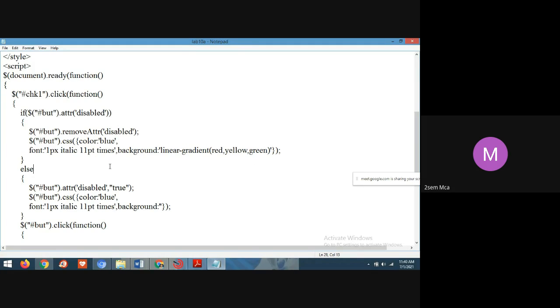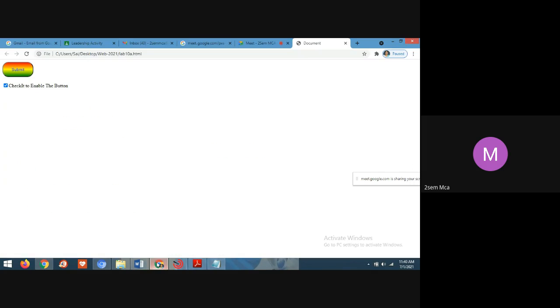See, students, in the question, what they have given is when you click on the checkbox, then the button should be enabled. When you uncheck that, then the properties should be removed. The color he has given is red, yellow, green.